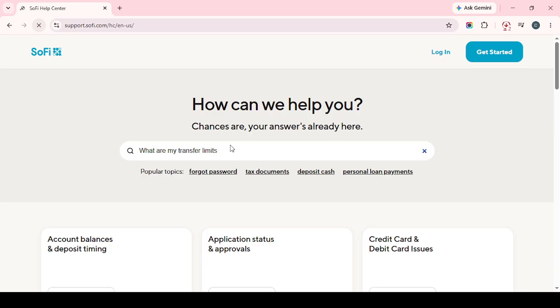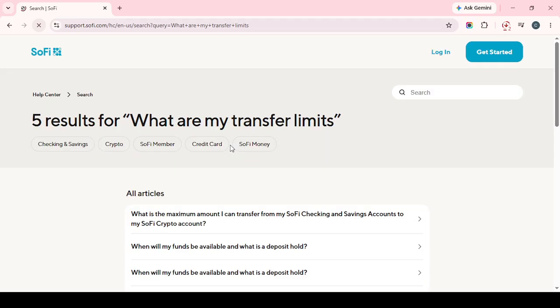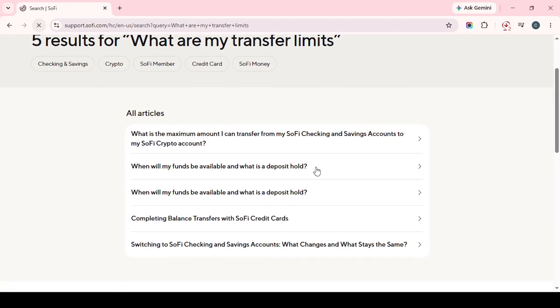Now take a moment to carefully review the information shown in the article. You're looking for the absolute daily and monthly ceiling caps for ACH transfers, wire transfers, and external debit card actions. As you read, pay attention to how the limits are grouped. Because different transfer methods may have different maximums, daily limits refer to the total amount allowed within a single day,